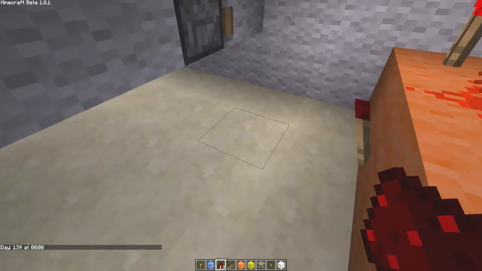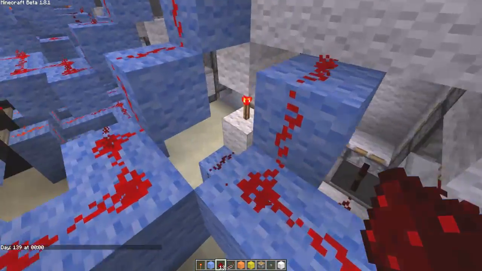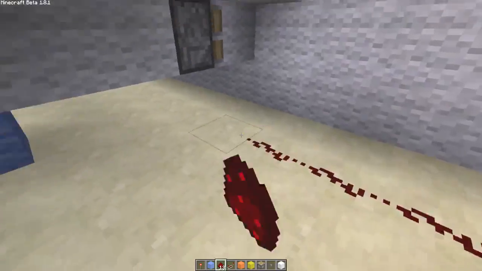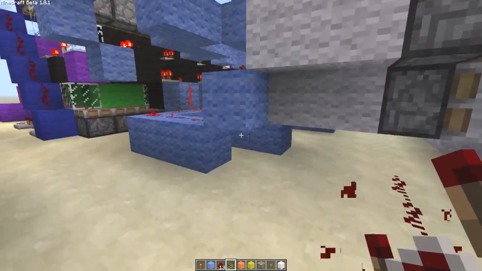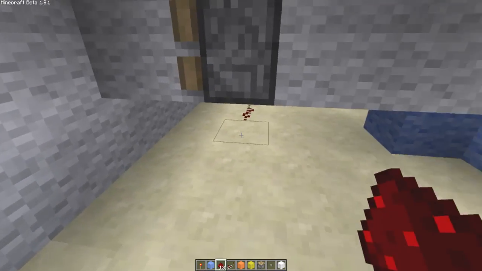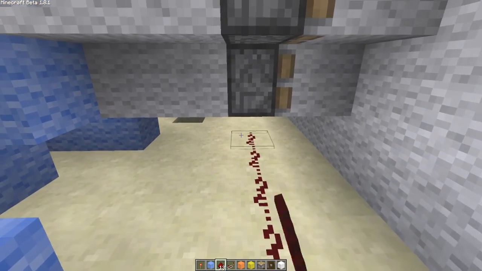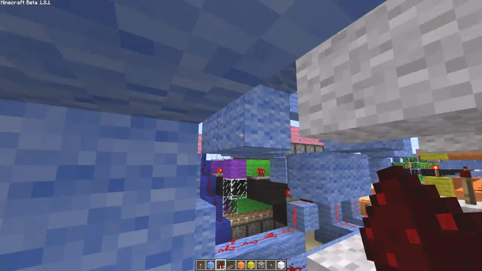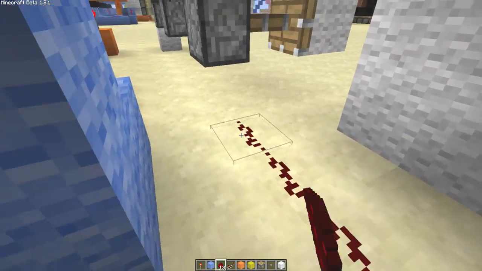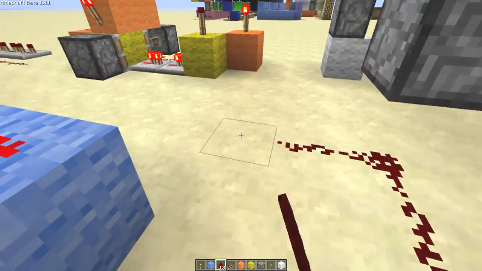So now all you've got to do is just lead a line all the way through this mess of redstone, and you're going to lead this all the way to our T flip-flop down here. So you could use instant wiring for this if you wanted, if you guys know what that is, and I'm probably going to be doing a little, probably 60 seconds with CMB on that soon, because I think it's a worthwhile subject. So you lead this all the way down here,